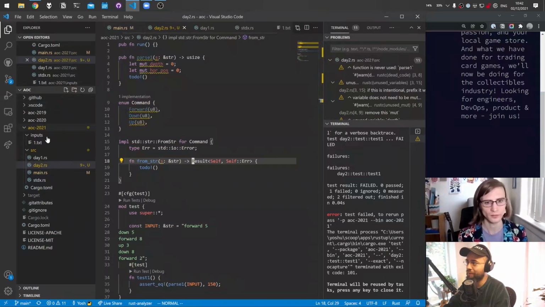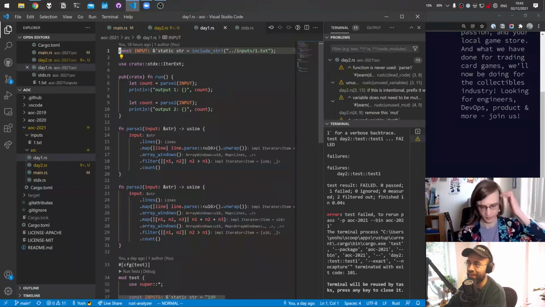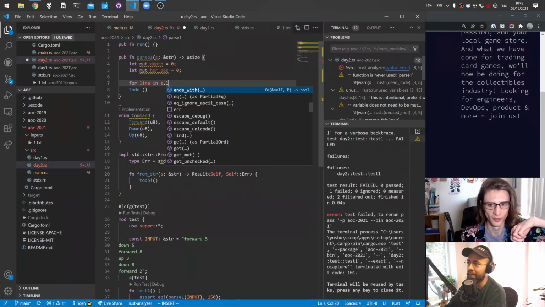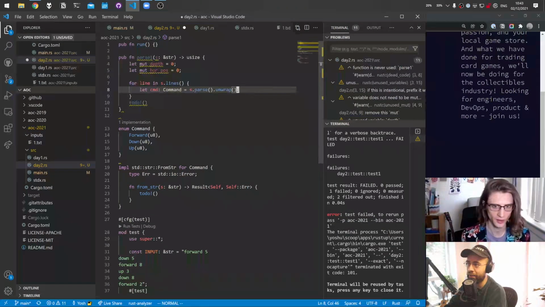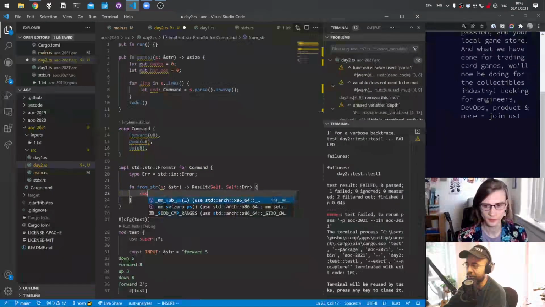I need to look at day one code again, like my brain is a sausage. It's mincemeat. I can't think. So input.lines. Let's get the input somehow. Oh, we don't need that. So input.lines. Yeah. Here, for line in input or s.lines. And then we say, let cmd: Command equals s.parse().unwrap(), I think. Yeah, that works. Cool. Now we just need to fill this in where we say s.split